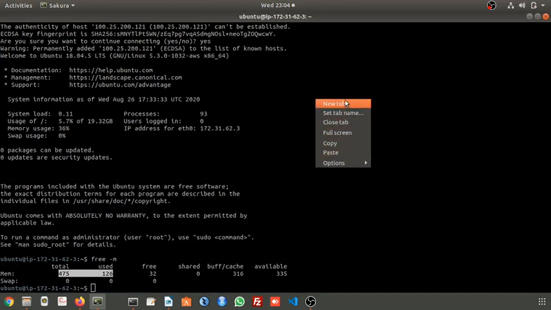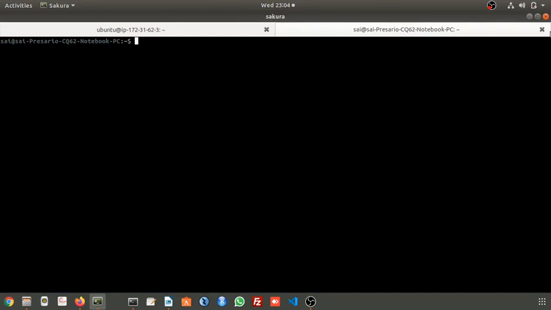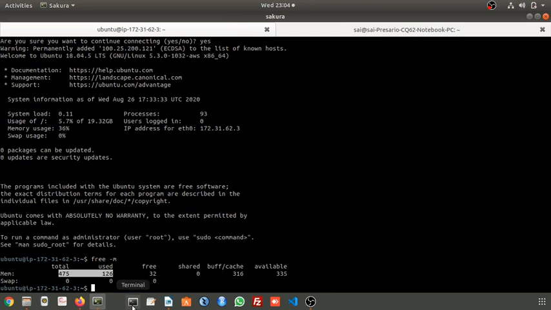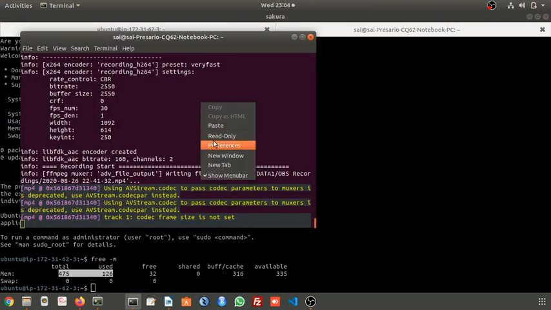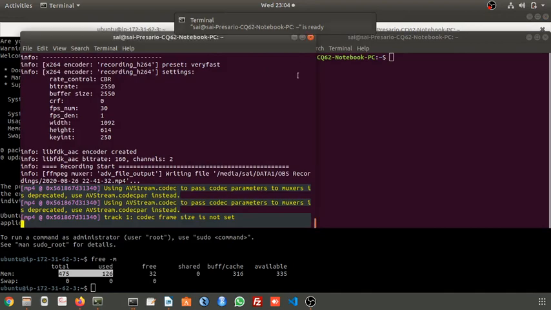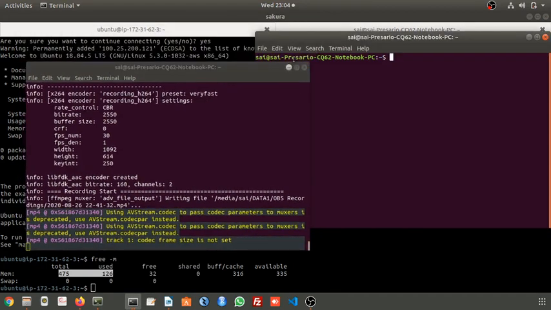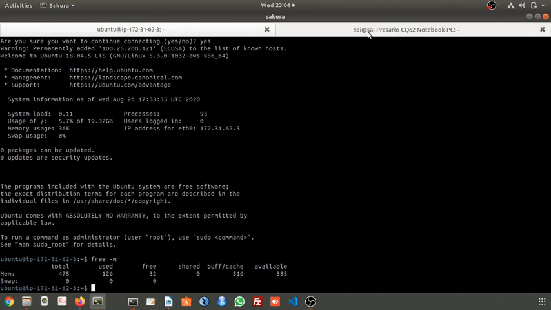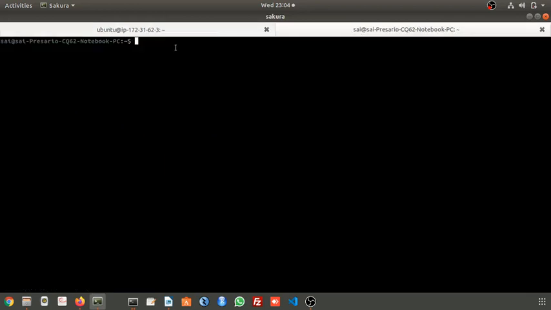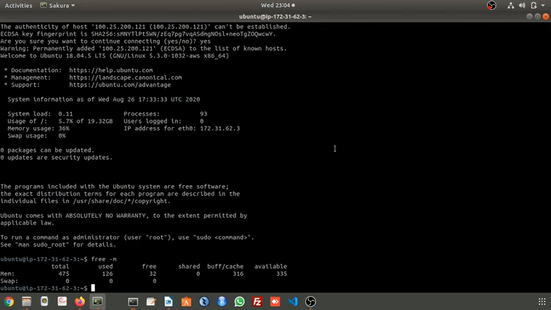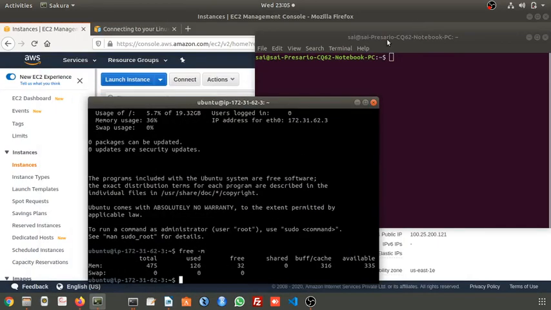Okay, I'll create this new tab. Otherwise I will connect from this. I'll open this new window. Now what I will do is, let me first connect to the second machine from my local machine. This is my local machine. If you have any confusion, let me open 3 windows.